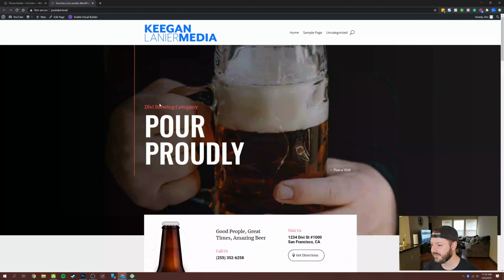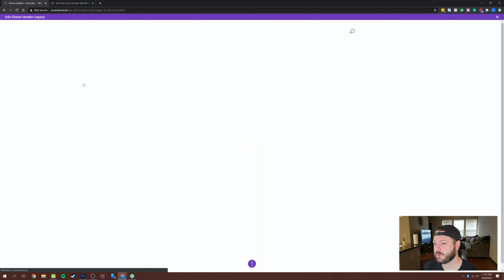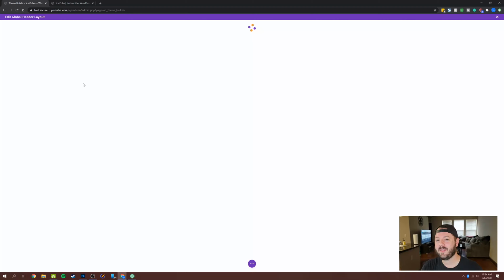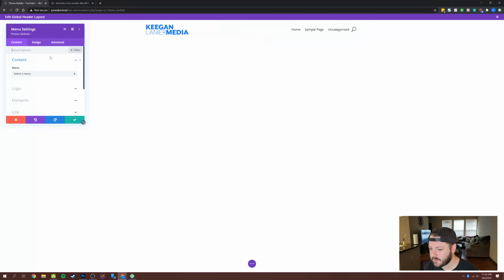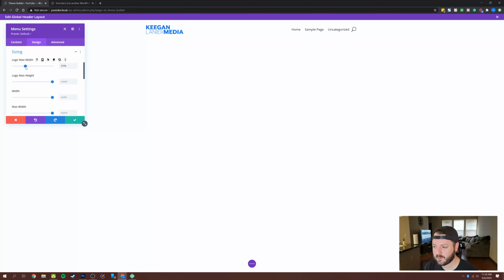So let's take this and make it so that the styles actually change whenever they become sticky. So that's what's really cool about this, is that you can style anything differently when it becomes sticky. So you can make something pop, create a call to action, do any of those things once you've created something that is in a sticky state. So let me go back into this logo sizing actually. And rather than change this, let's change the width of the logo, shrink that down, and we can make it be a little bigger here,